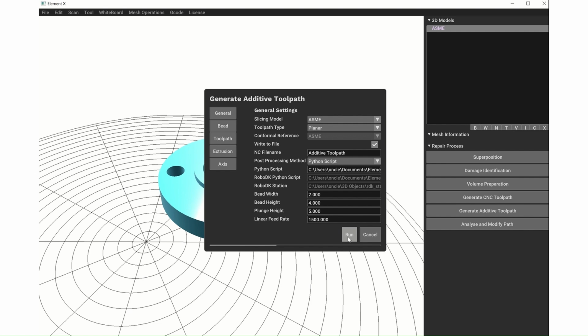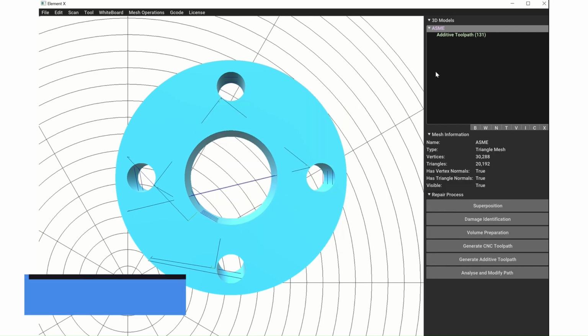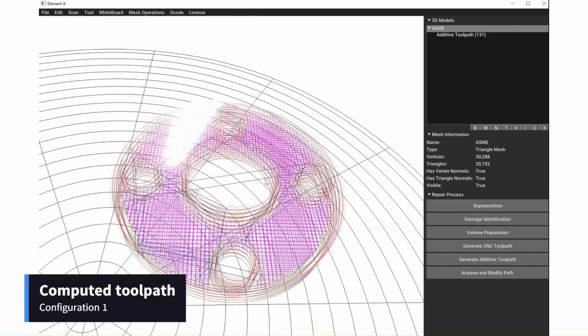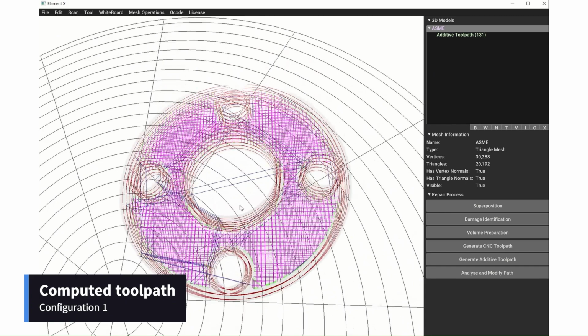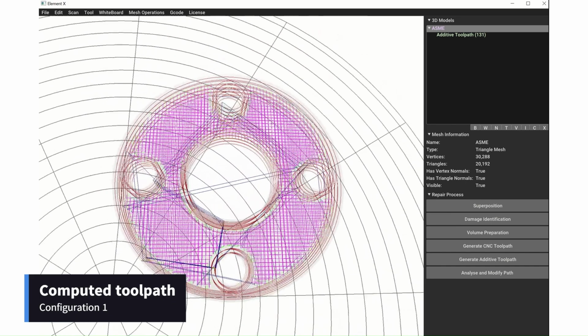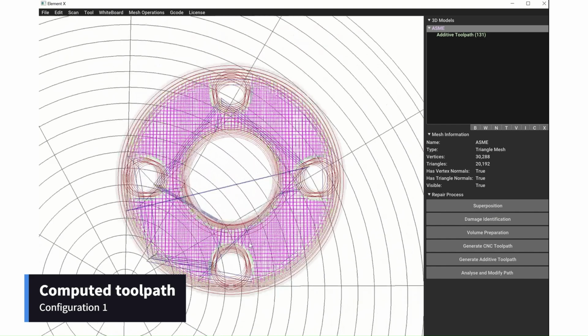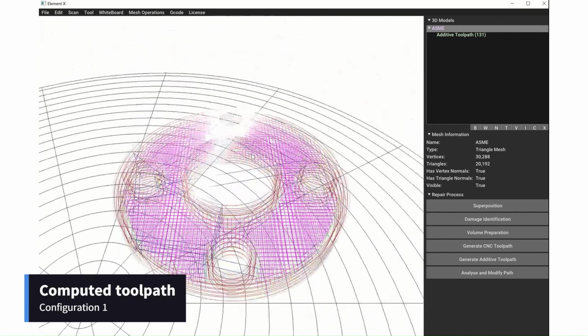To generate the path, simply press Run. This action will create a color-coded path for visualization and execution. Each color represents a specific aspect of the toolpath. Pink indicates the infill, green links the infill paths, red defines the contours, yellow links the contours, and blue connects the different sections of the path. The blue connections are used to transition between contours and infills, or between layers, ensuring a continuous and efficient material